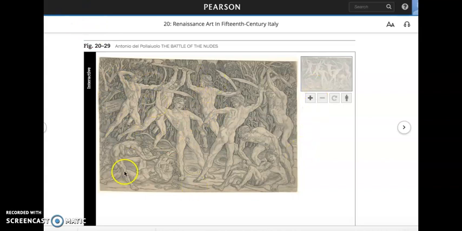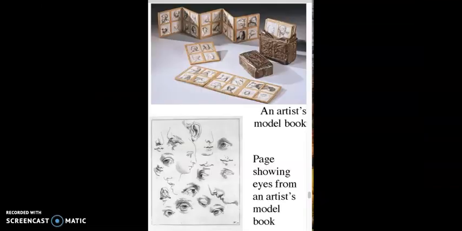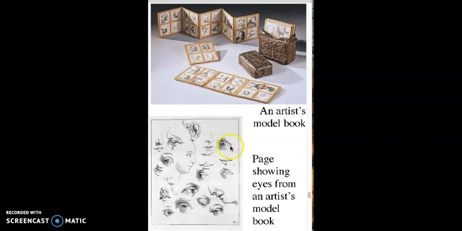This print may actually have been part of what we call the model book culture, which is what prints actually came to be used for. One of the interesting things about the powerful illusionism of art in the 15th century is that it was often based on actually studying what the original meaning of the word stereotype, which means a simplified image that you use to build images. Artists constructed what were called model books, which were drawings that they could use as the basis for building paintings or building other drawings.